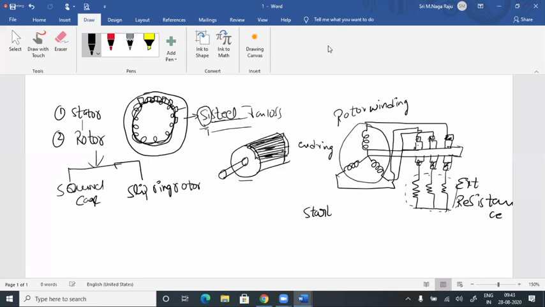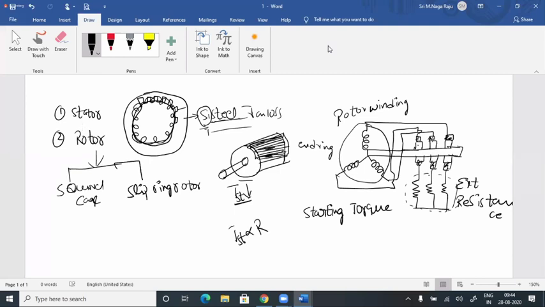To increase the starting torque. Okay, so the major and only drawback of the squirrel cage induction motor is that the starting torque of this motor is very, very low. To overcome this drawback in the slip ring induction motor rotor, we will add resistance. If we add the resistance, the starting torque will be proportional to the resistance. How, we will discuss in the next topic. For the time being, remember the starting torque is proportional to the rotor winding resistance.